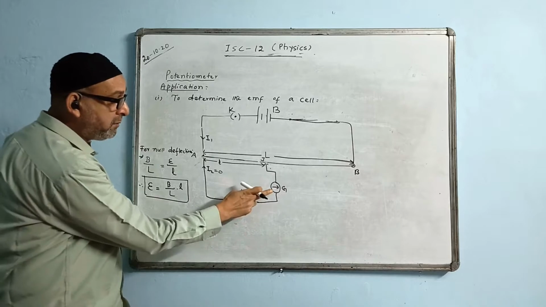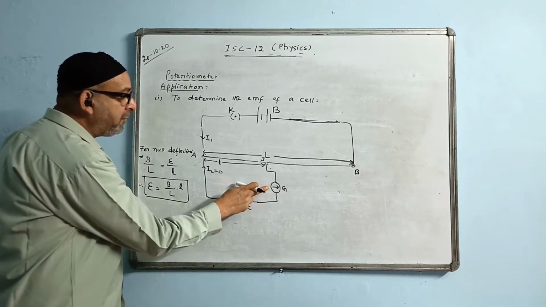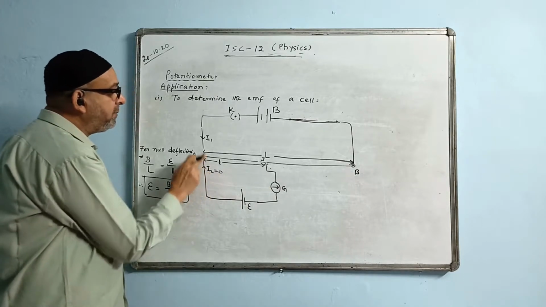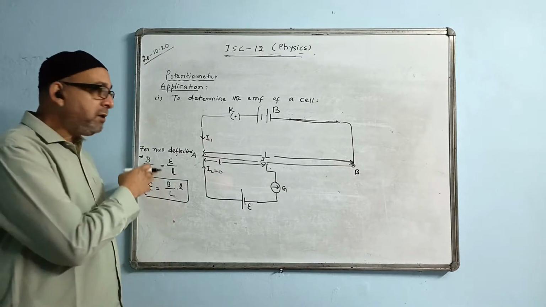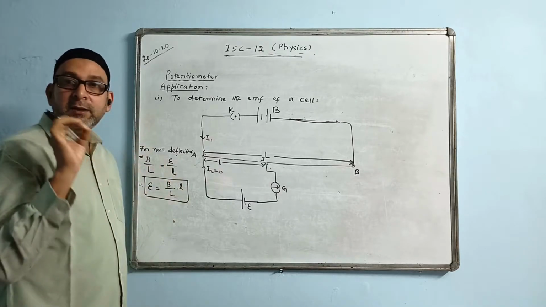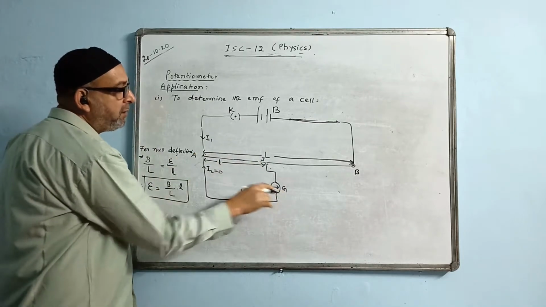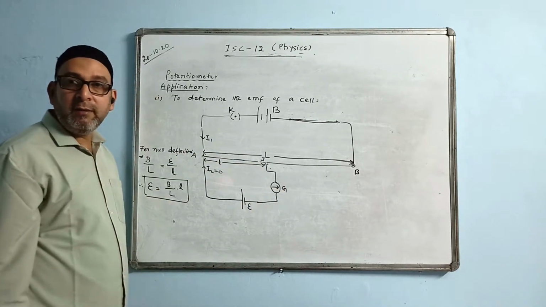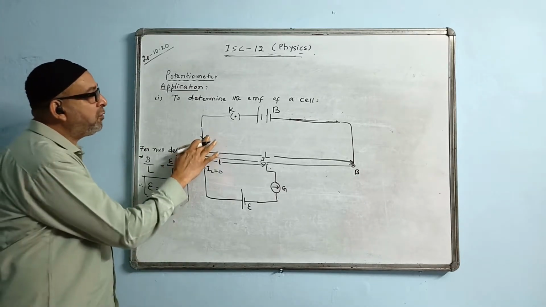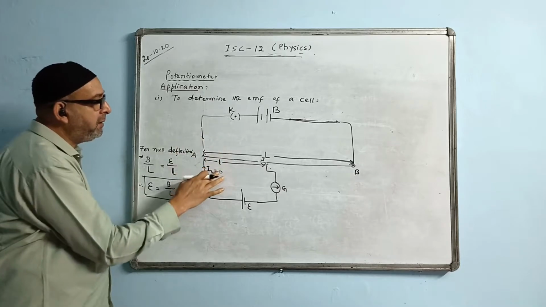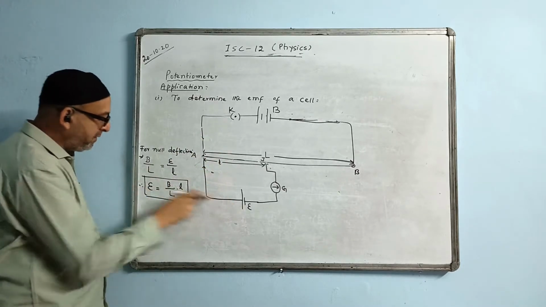When this gives zero deflection. But if it gives some deflection, that is, this current is not 0, that is, the current will not be steady, then this law will fail. This law is only applicable when the current is constant. And the current will become constant only when this one gives null deflection, or this one gives 0 deflection. Then only the current will be constant. This part you may not show, this is just for your understanding that I did. So this is how we will be finding the unknown EMF of this cell.